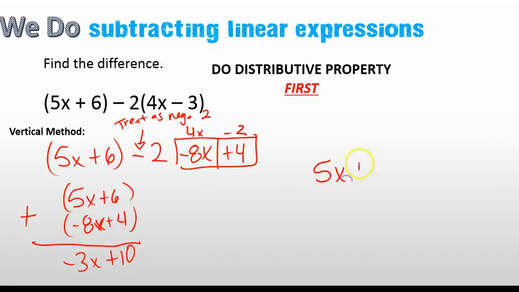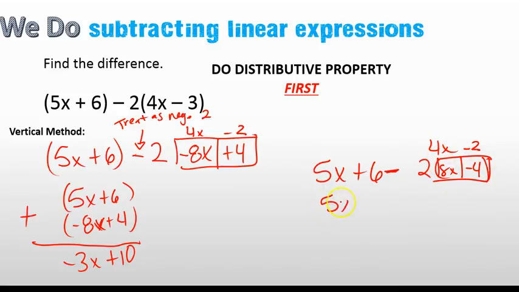Now, you don't have to write this part down, but let me show you something. So I have 5x plus 6. Let's say I don't treat that as a negative. I just treat that as a 2. Well, that's 4x minus 2. So 4 times 2x is 8x. 2 times the negative 2 is negative 4. So because I just treated that as a positive 2, I'd have to keep this in the parentheses, and look what happens. If I subtract there, if I put a subtraction sign,